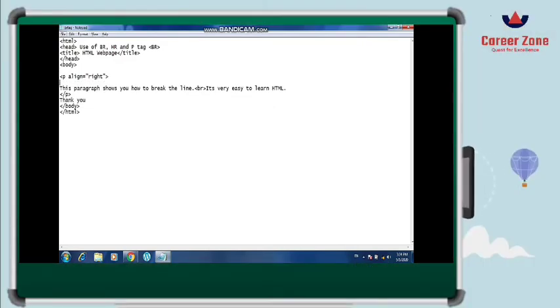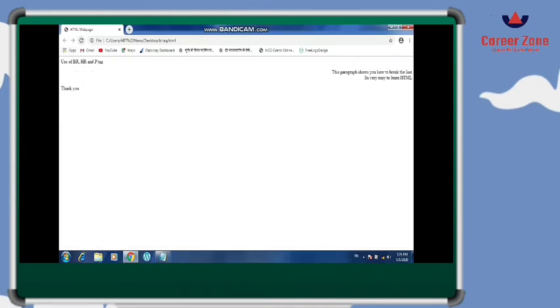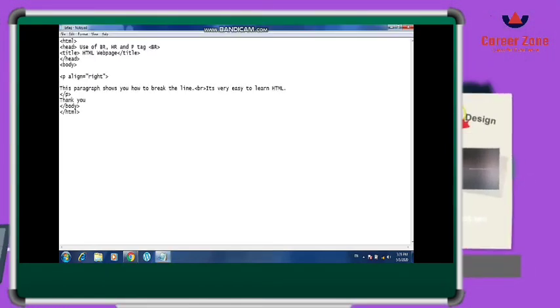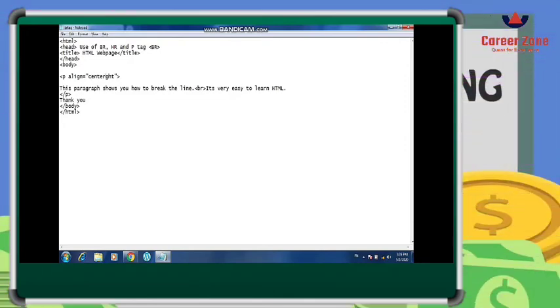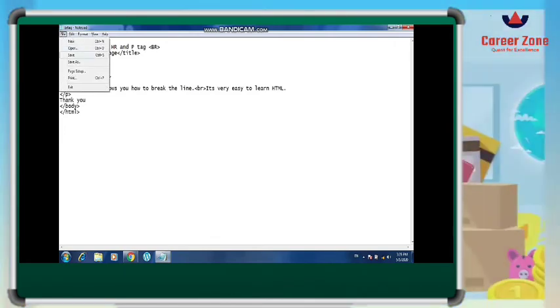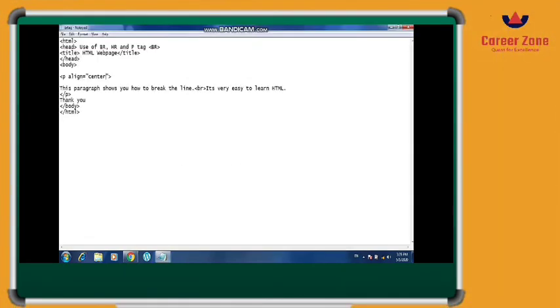I hope you have seen the right alignment now. See, it moves to the right. Now I will change it to center. You have to remember that the spelling of center will be CENTER. The value will not be CNTRE. Okay, so this is how it works.